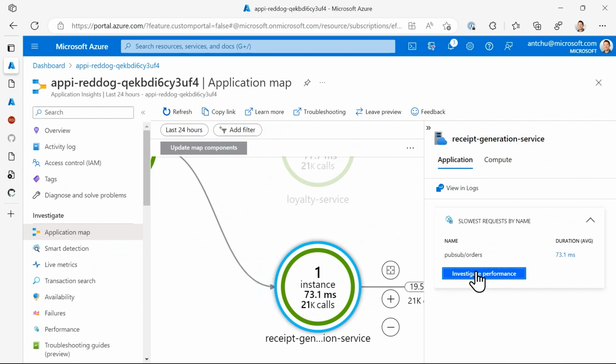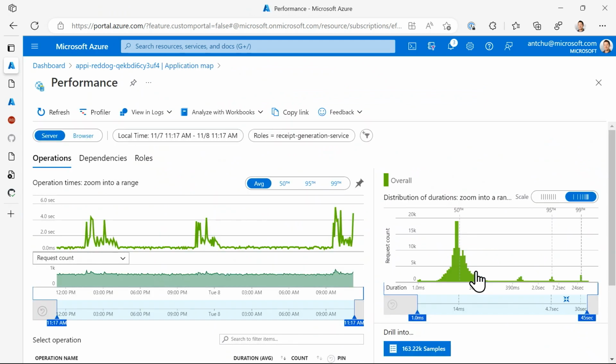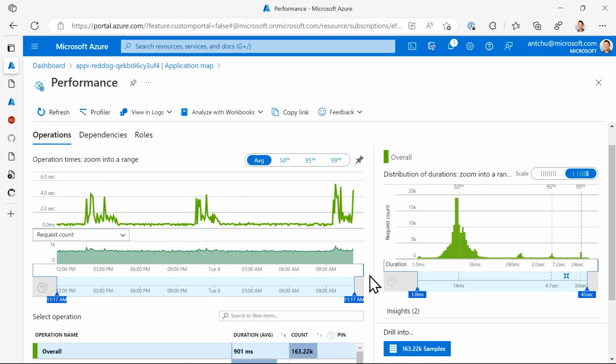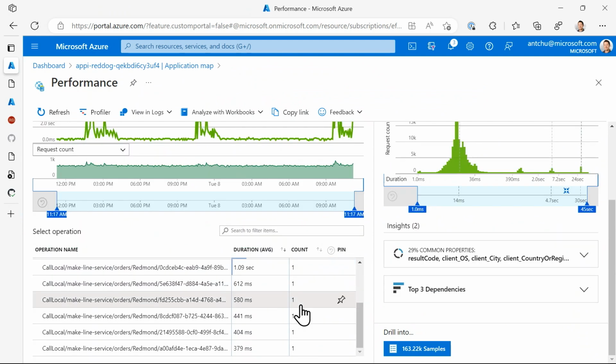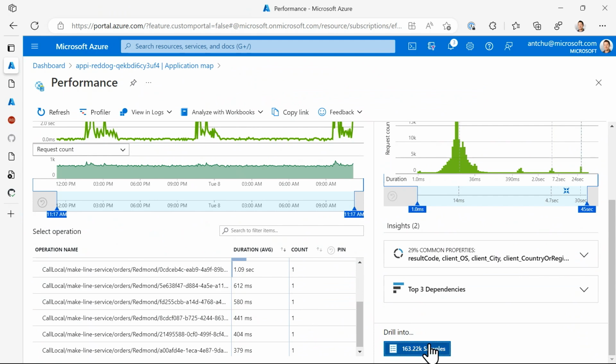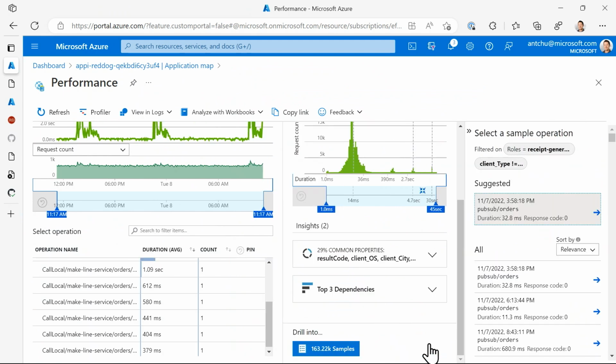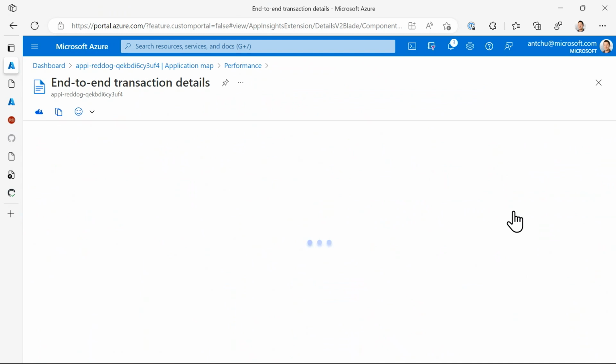And if I want to, I can investigate its performance. And I'm presented with some really rich information about this service itself. Anything from its load to its response times histogram, as well as how each call is doing. And I can even drill into a specific request if I wanted to.